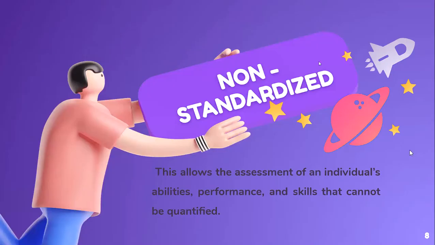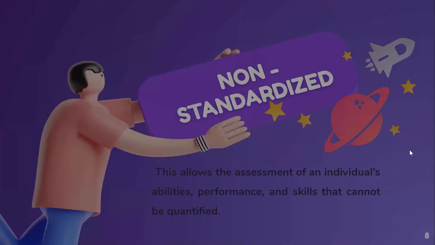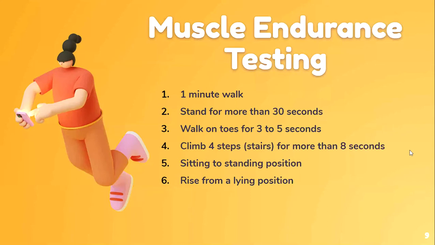Okay, so for non-standardized, this allows the assessment of an individual's abilities, performance, and skills that cannot be quantified. So for a non-standardized test, we are to use muscle endurance testing. So we will be asking them to walk for 1 minute, to stand for more than 30 seconds, to walk on toes for 3 to 5 seconds, to climb 4 steps of stairs for more than 8 seconds,